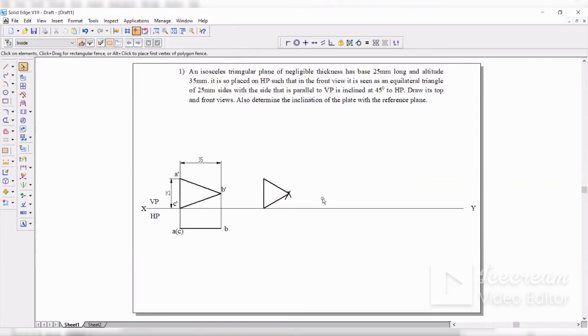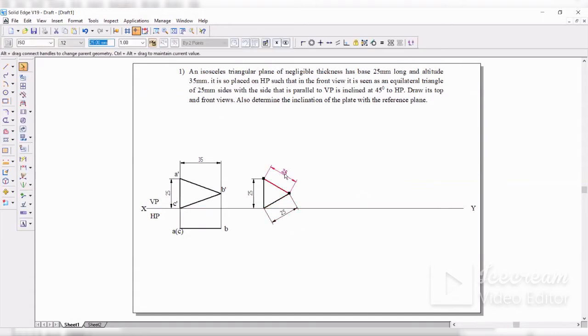Now, if you don't want the arcs, because that is for representation, I'll delete both the arcs. So I've got the equilateral triangle now. You can check it with the dimensions. So this is a smart dimension. Click on smart dimension, get the dimension of that. If you want the dimension of this, you can check here also. And if you want the dimension of this, you can check here also. But I don't want all three. One is sufficient, so I'll delete the other two dimensions.